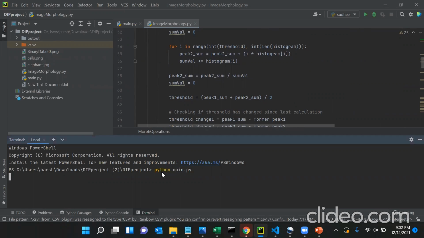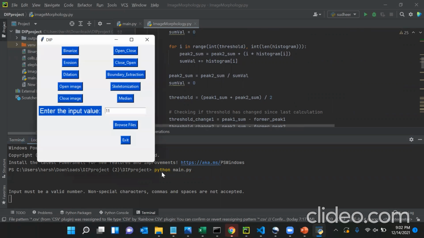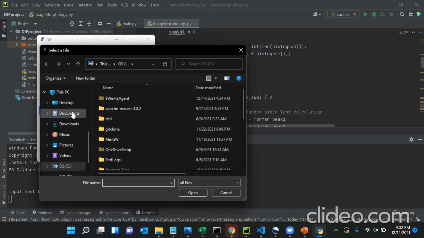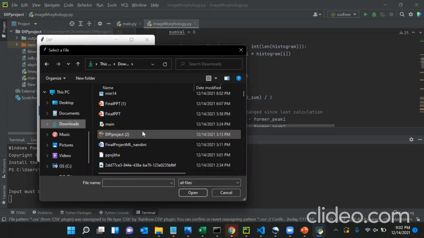When I'm running the main.py file, this is the pop-up GUI which pops up in our project, having all the operations: binarize, open, close, erosion, close open, dilation, boundary extraction, open image, skeletonization, close image, median. So when I'm giving this input value and when I'm browsing the file, which is in my documents,